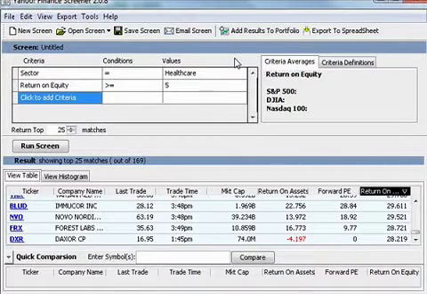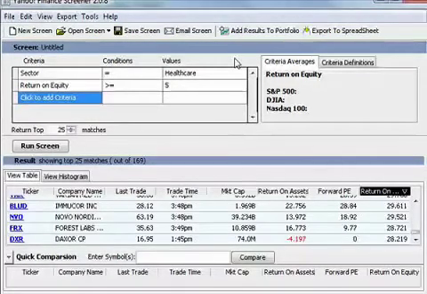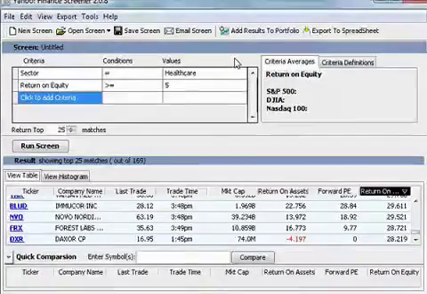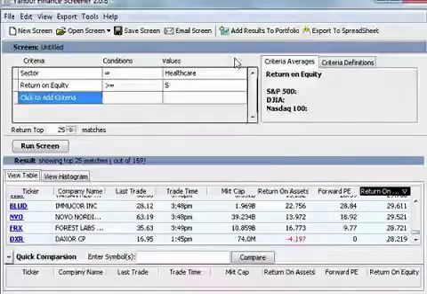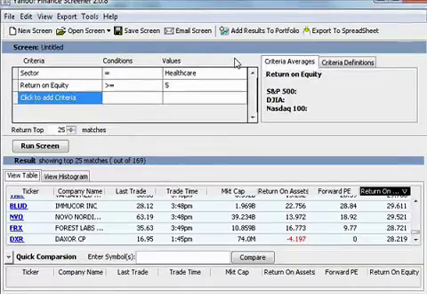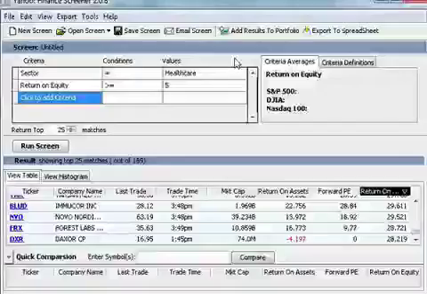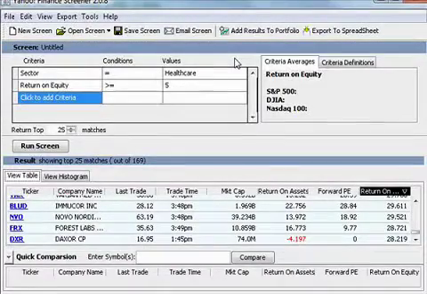The one question that I get quite a bit when I present an idea like this is, well, if there were one other criteria, what would you look for? And the answer probably won't surprise you. I'd look for dividend yields. The question is always going to be, what criteria could I look for that is going to demonstrate most effectively management's attitude towards its shareholders, which is you, and its ability to return on its use of its assets. So dividend yields is going to be one of those measures that will present similar information,